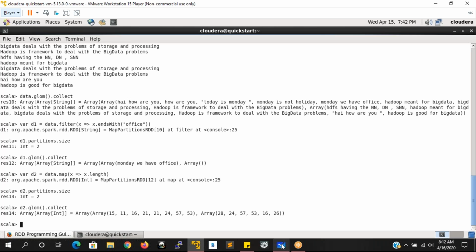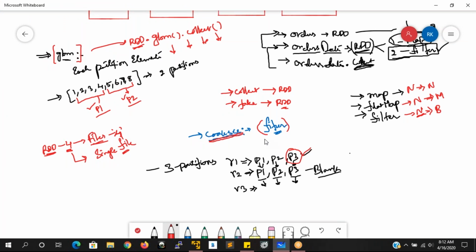So that is the reason I am trying to say. The documentation itself says it is best to use when you filter the data of your large data set, because filtering will create some empty or blank partitions, which will decrease the performance of your Spark processing. To improve that, we are going to use coalesce.